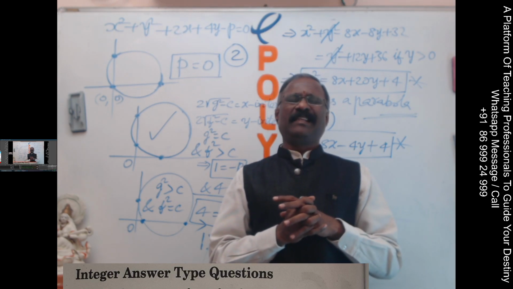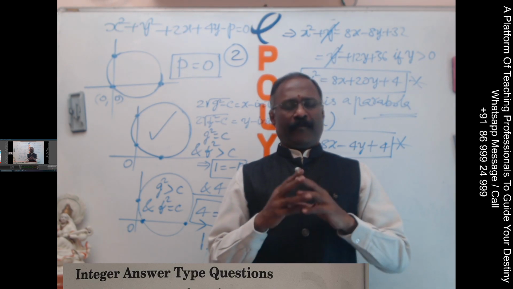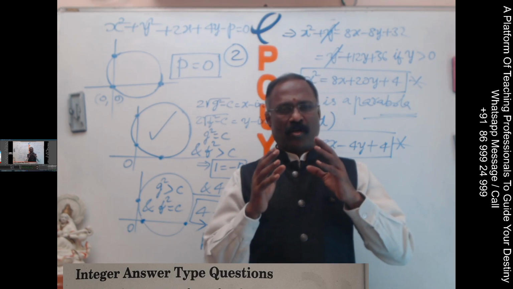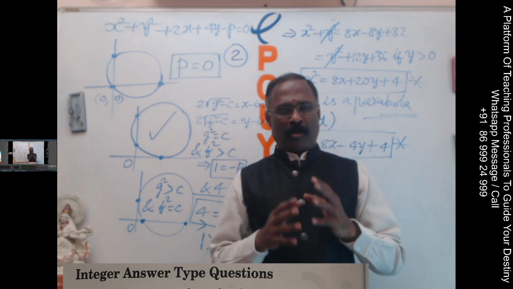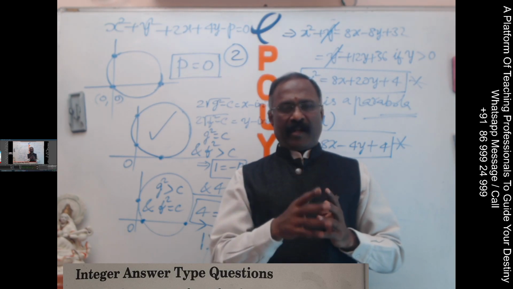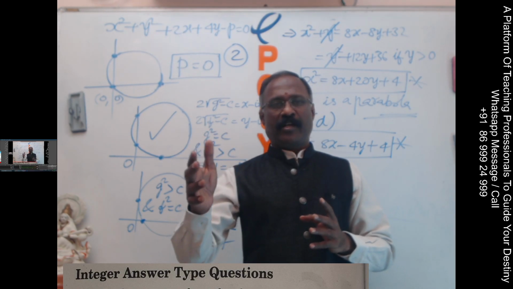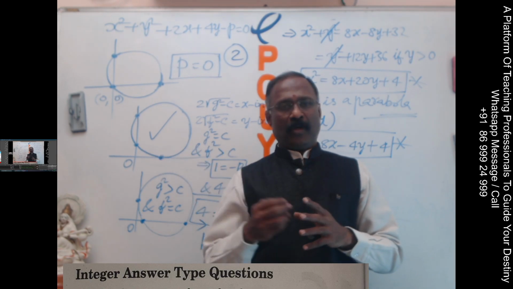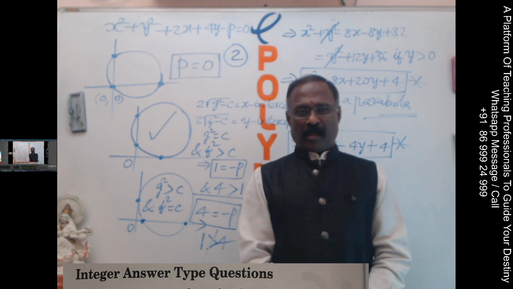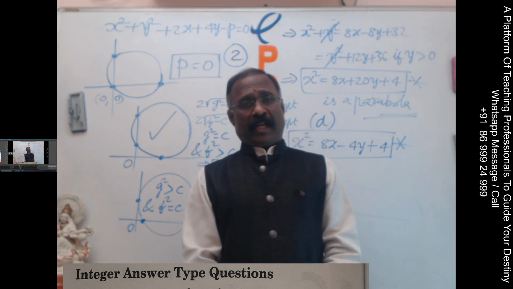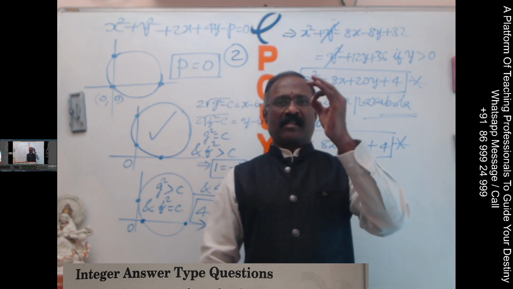What I mean to say by linked concepts of coordinate geometry is, if you understand the circle concepts and the formulae properly, every such concept can be extended to the ellipse and hyperbola, and even to the parabola also. For example, in a circle, if you take the director circle,